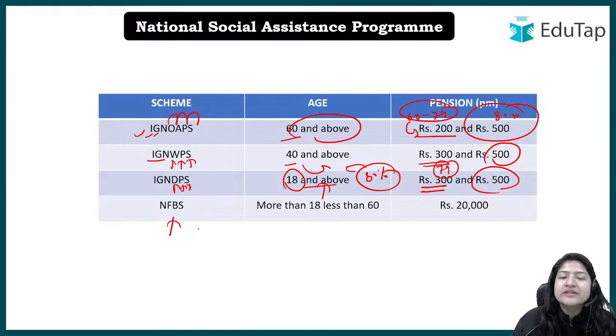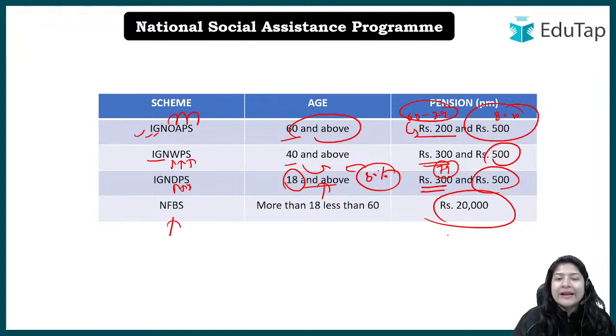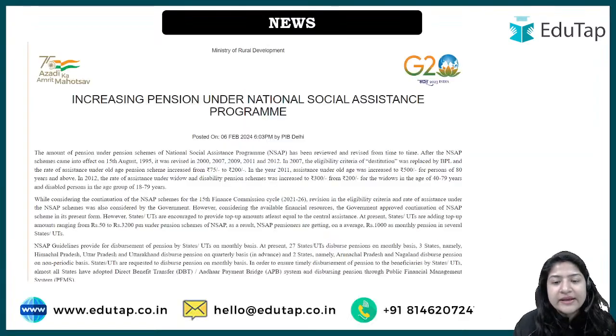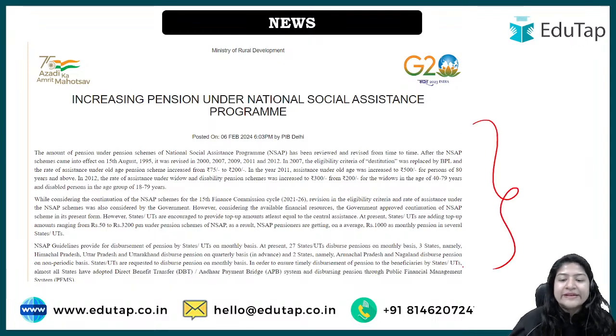And in the Family Benefit Scheme, to the bereaved family a total lump sum of ₹20,000 will be provided, and the person who has been deceased, जिनकी death हुई है, should be more than 18 years and less than 60 years, and only then, if the person has died, the family will get the benefit, right? So I hope everything is clear now. We have talked in detail about these schemes, ठीक है. And now let's move ahead.